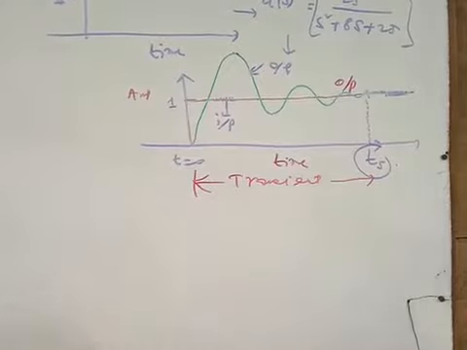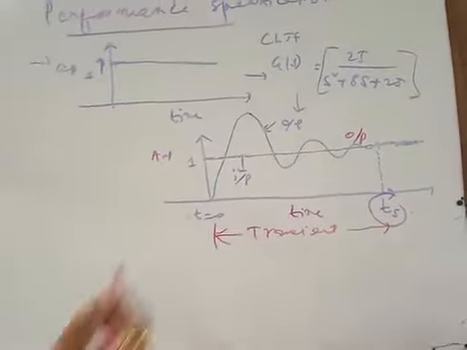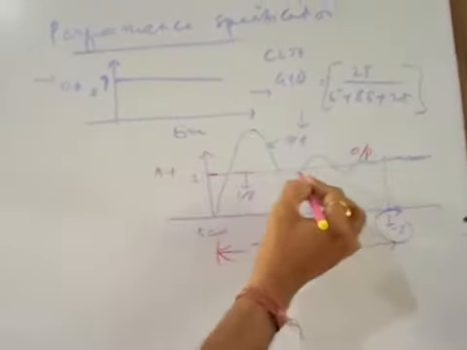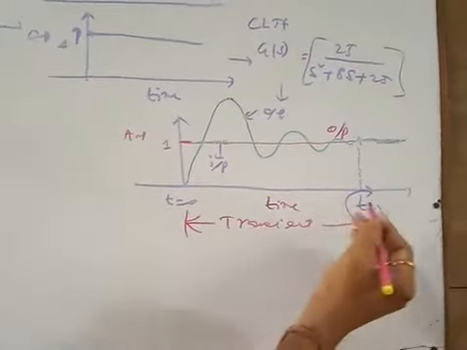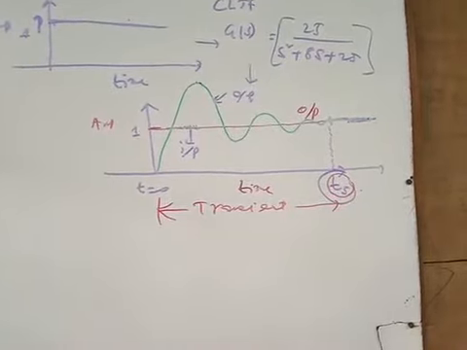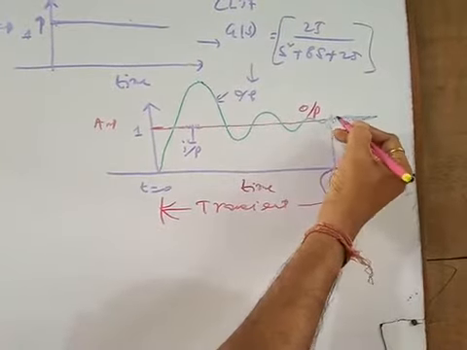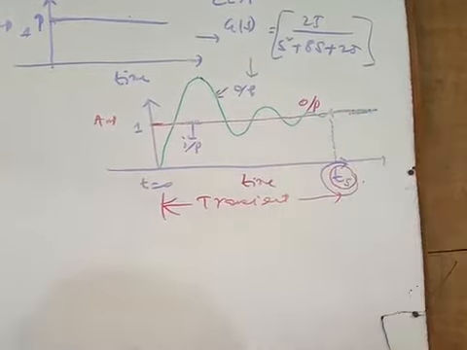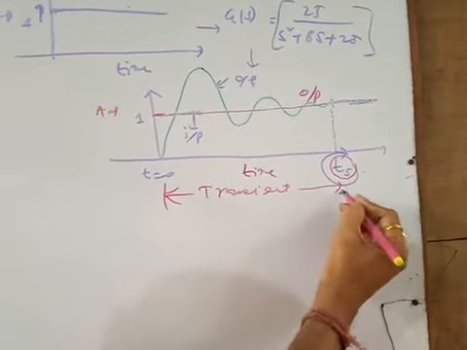Transient means there are oscillations about the desired position. This is your desired position, and about this desired position there is certain oscillation. That means oscillation persists, right? And after a certain time, say ts, maybe 5 seconds, 10 seconds, 2 seconds, 0.1 seconds, whatever it may be, after this you get the value of the output very close to the input. That means, or actually equal to the input. So this part is taken as steady